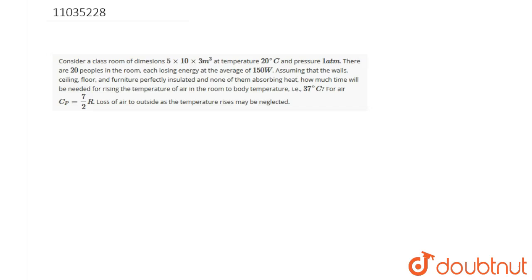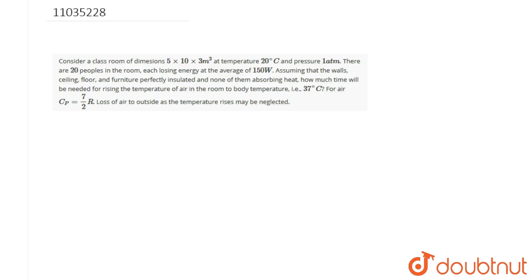इस क्वेश्चन में दिया हुआ है कि एक क्लासरूम है जिसकी डायमेंशन दी हुई है, दैट इज़ 5 × 10 × 3 मीटर क्यूब, और जो कि 20 डिग्री सेल्सियस के टेम्परेचर पे इनिशियली है, एंड द प्रेशर इज़ केप्ट कांस्टेंट एट 1 atm। और उस क्लासरूम में 20 लोग हैं, एंड ईच लूजिंग एनर्जी एट द एवरेज ऑफ 150 वॉट, दैट इज़ 150 जूल्स पर सेकेंड।